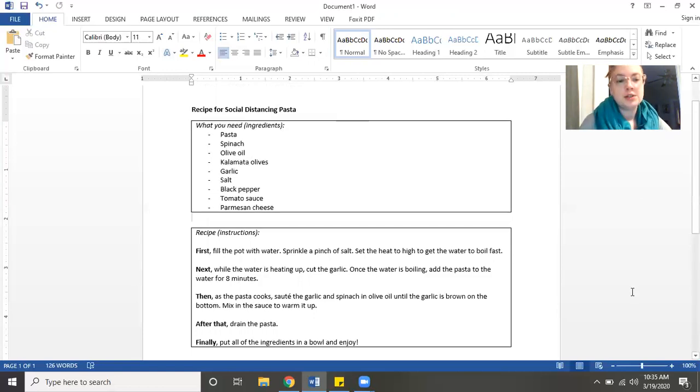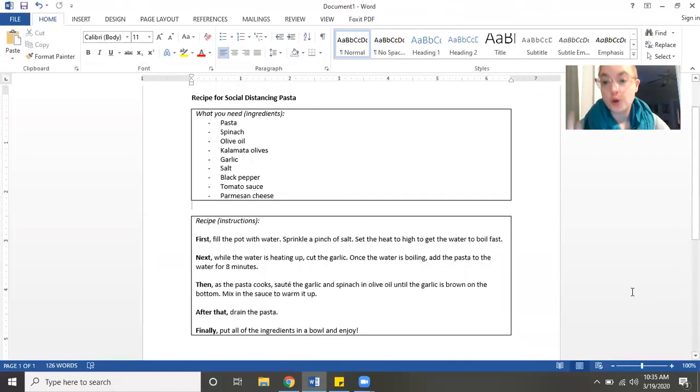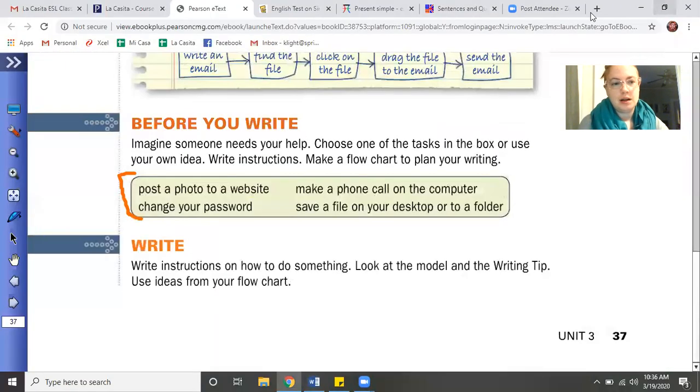All right, so for your homework this weekend, think up a recipe and write out the instructions for that recipe so that if I or anyone else in the class wants to, I can just pull that out and make that recipe at home, okay? All right,